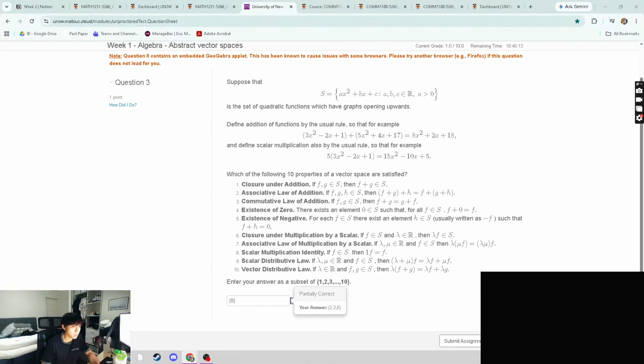So if I had x squared plus x plus 1, and I had 2x squared minus x minus 1, I'd have a polynomial of degree 2, but it's not quadratic, right? I'm assuming that the quadratic means that,